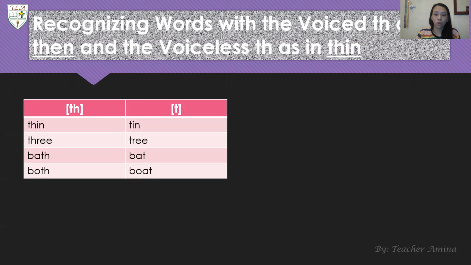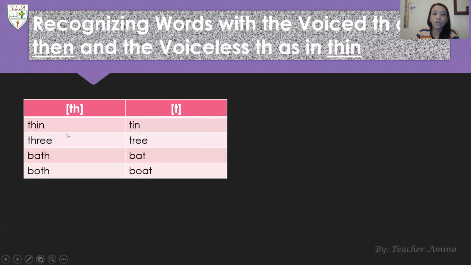I will show you a table of example words, and we will figure out which table has the voiced TH as in then and the voiceless TH as in thin.